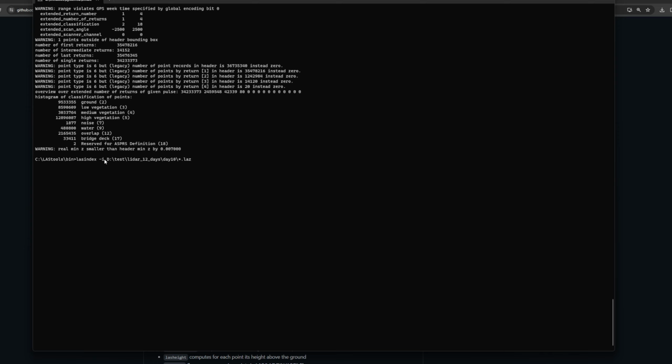So you're going to use LASindex and then -I for input, and we're mapping it to this drive here, and we're saying any LAS file within that directory, please generate us a LASindex. So it's going to go through and do that. Might take a moment. Okay, and it worked. So we generated that very quickly in about 7 seconds.